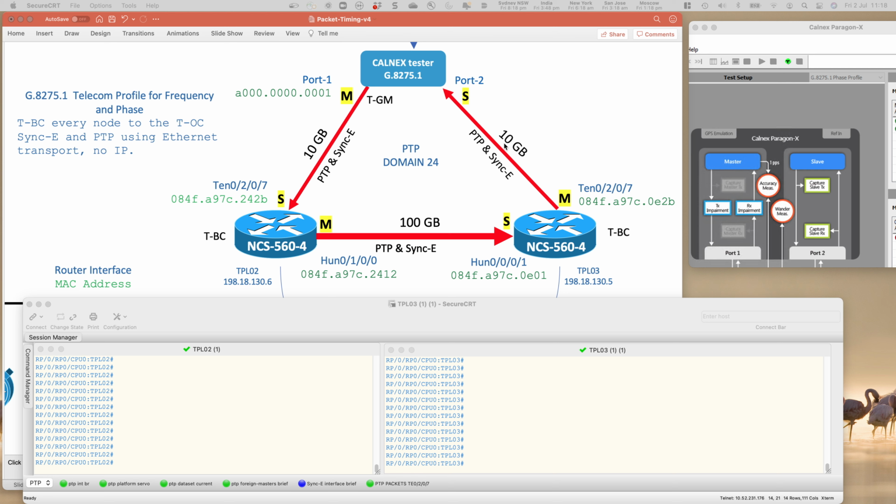First of all, there's the PowerPoint screen here, which shows two routers, the Cisco NCS 560s. There's two of them, and then there is the Calnex tester, which is actually a Paragon X tester made by Calnex. This is emulating packet time protocol, which is 1588, IEEE 1588 version 2, and all of this stuff is set up as a telecom profile of G.8275.1,